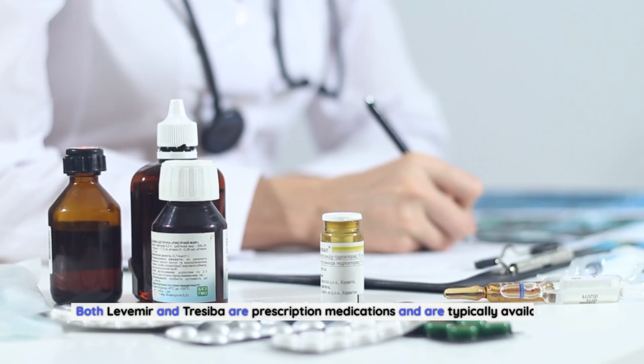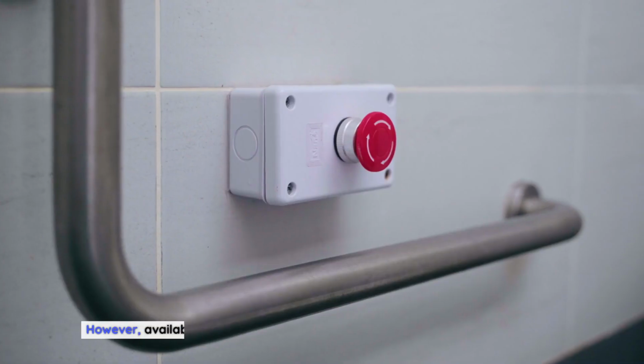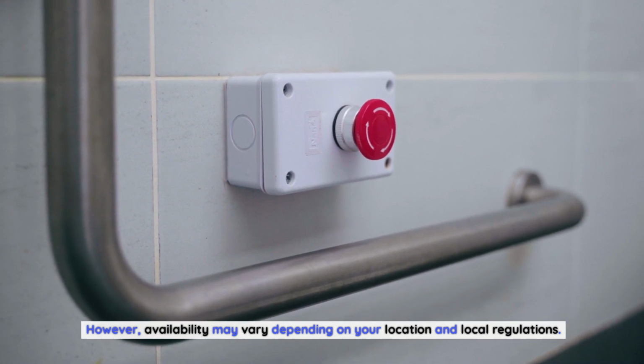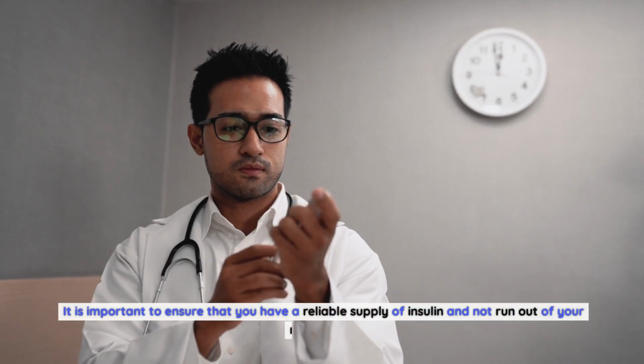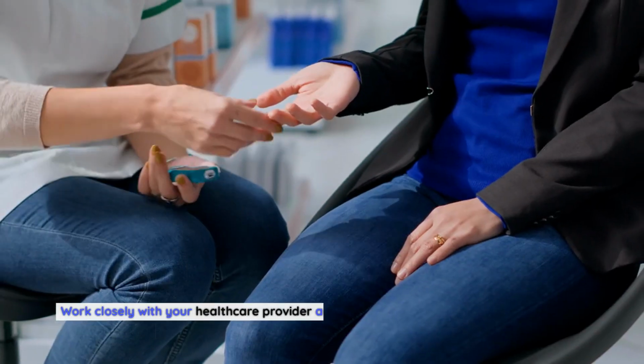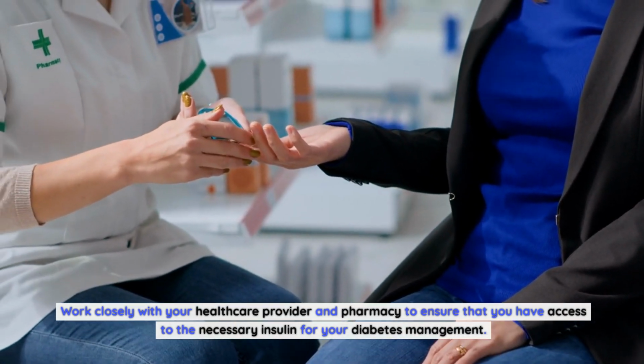Both Levemir and Tresiba are prescription medications and are typically available at pharmacies. However, availability may vary depending on your location and local regulations. It is important to ensure that you have a reliable supply of insulin and not run out of your medication. Work closely with your healthcare provider and pharmacy to ensure that you have access to the necessary insulin for your